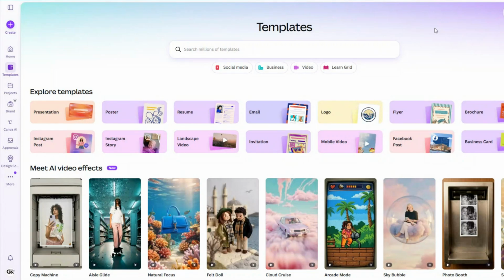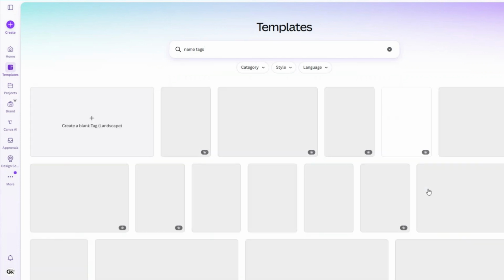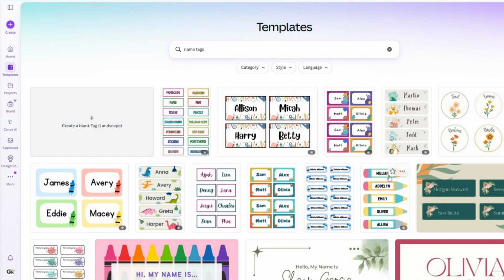In this video, I will be showing you how to create name tags in Canva. Let's get started. First, I head to the search bar and type in name tags to see the available templates. There are plenty of pre-made designs here, but today I want to build my own, so I'll click Create a